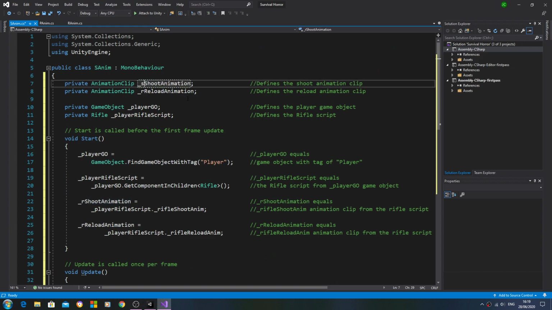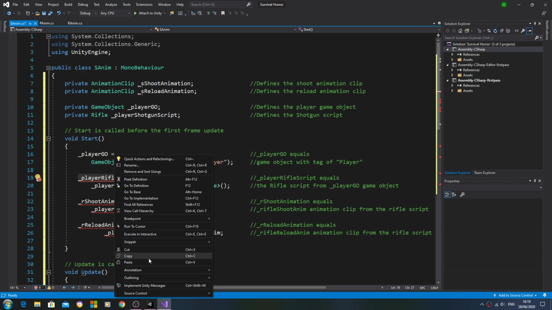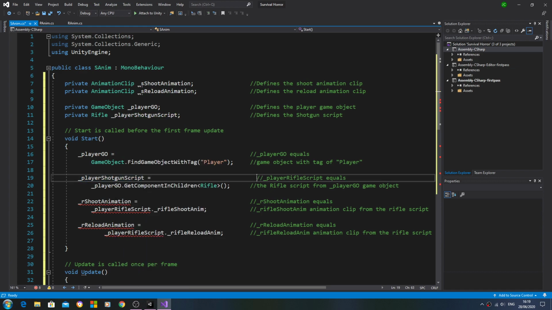And we've just got to go through again. We'll change the variables. And let's go through and change everything. So this needs to be changed to the shotgun script